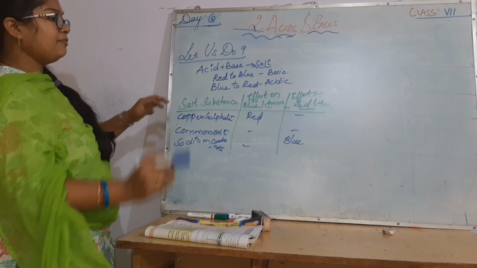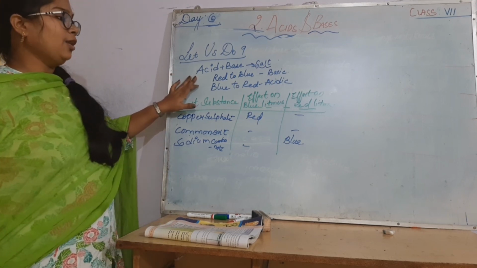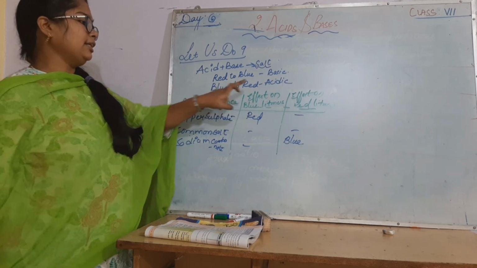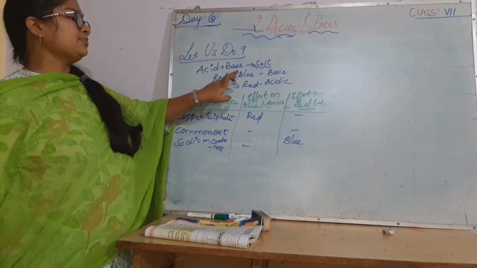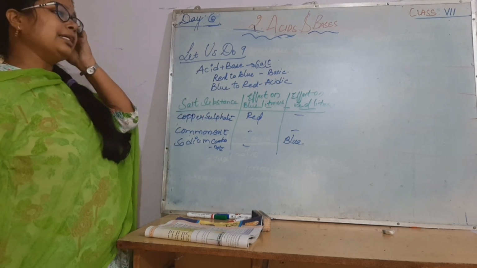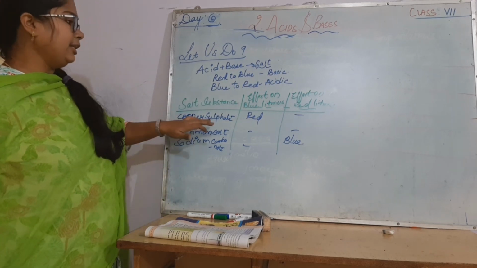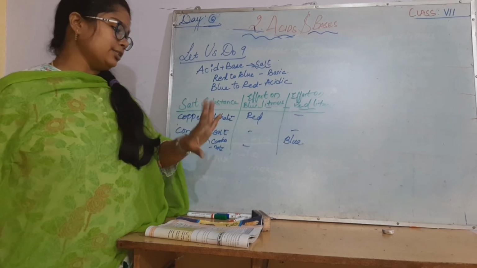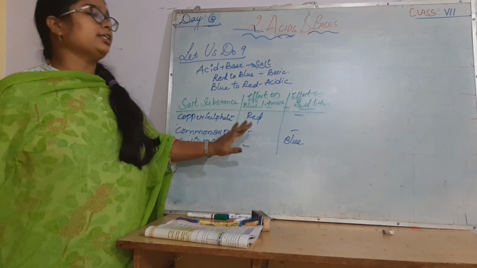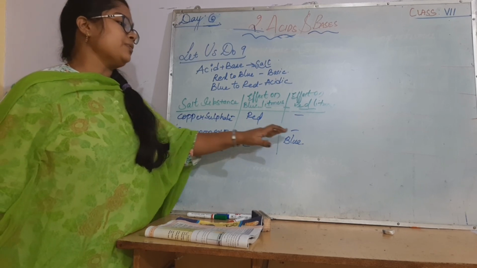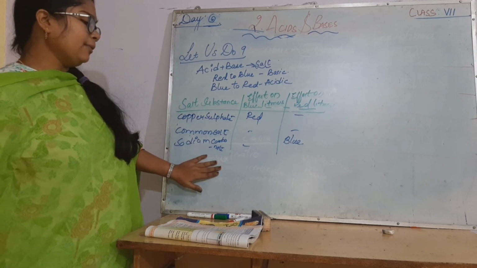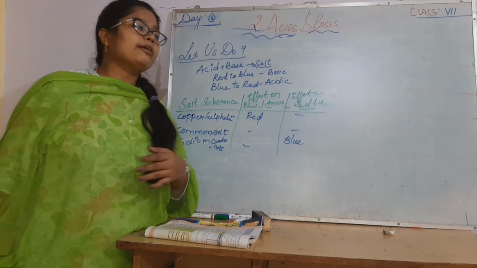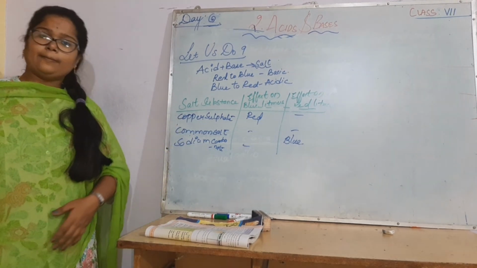As I said, if acidic nature is more in the salt when acid and base are combined, then it is said to be an acidic salt. If the base is more, then it is said to be a basic salt, isn't it? So copper sulfate is there. With blue litmus paper, it changes to red. With red litmus paper, it does not change. Common salt is neutral, it does not change either blue or red litmus paper. Sodium carbonate does not have any effect on blue litmus, it changes red litmus paper.